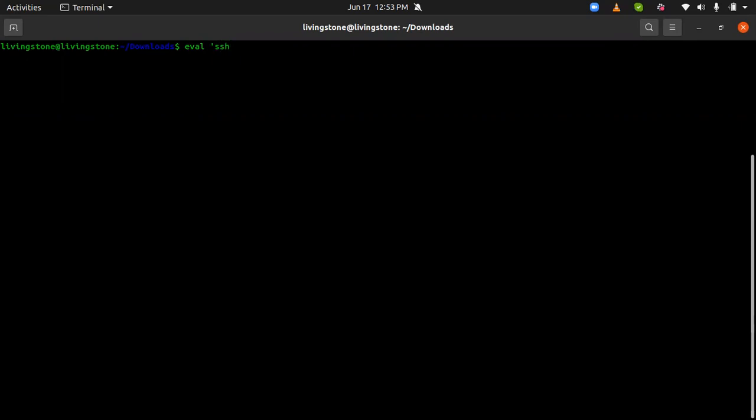So I'm going to say eval ssh-agent. When you run this, it starts the SSH Agent for you. I've started mine already, so I don't want to start it again. So I'm going to say eval ssh-agent. Once you run that command, you're going to get an agent PID. After that, the next command you want to run is ssh-add